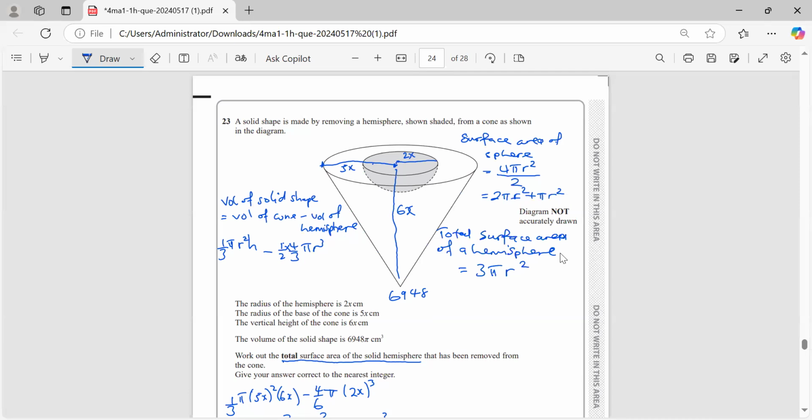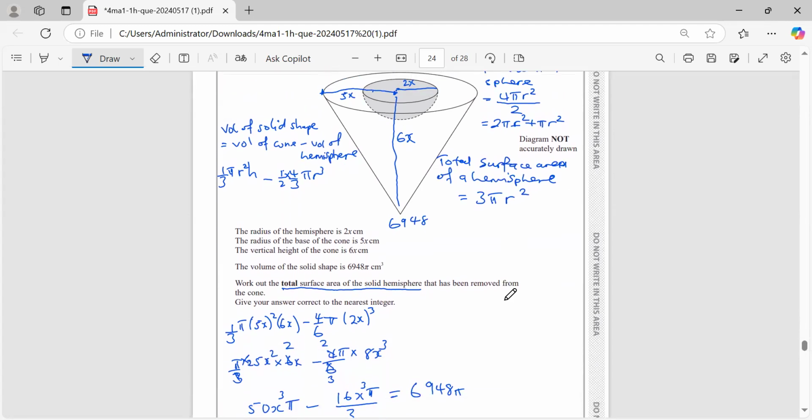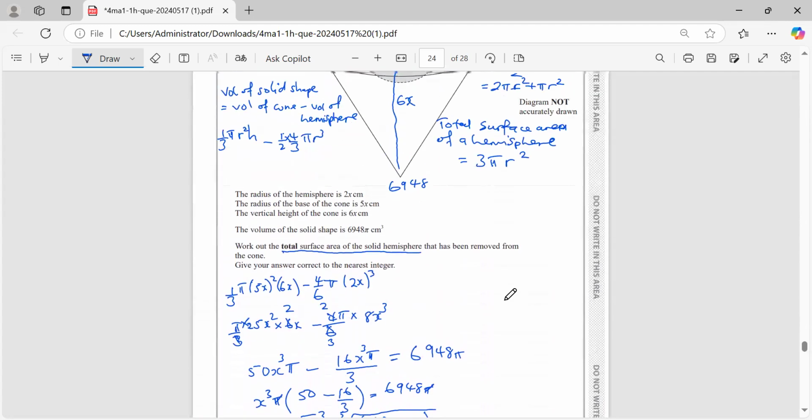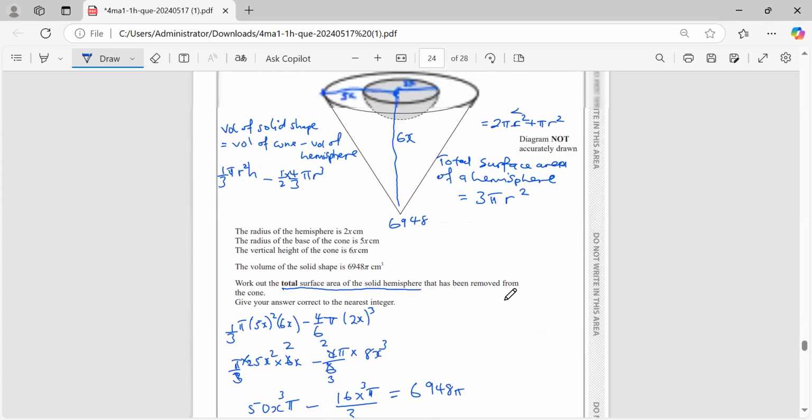Of which the value of r, we actually got the value of x. So the total surface area is going to be 3 pi r squared. The radius of the hemisphere was